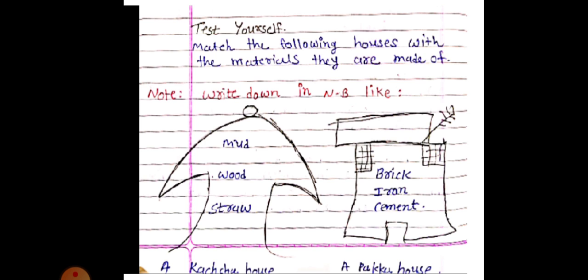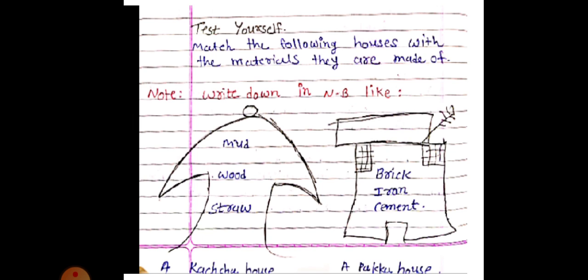Okay, so this is your textual exercise over here, and you have to write exercise A, B, C, D, E and test yourself like this. In the previous video I showed you the textbook explanation, lesson explanation and hard words. The hard words you have to write in your notebook, and the homework given is to write the hard words 3 times. Below the hard words you have to write the textbook exercise A, B, C, D, E, and the last one is your test yourself, where you have to draw a kacha house and a pakka house and write the material in between.